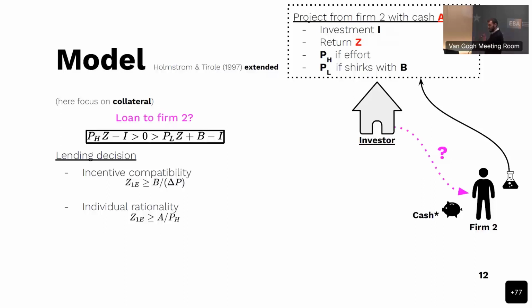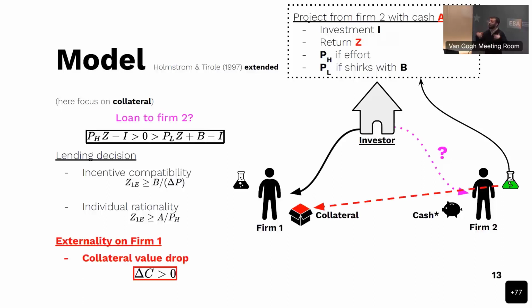If the firm is not able to bring in her own cash, then the investor will decide to ration and drop the project. So that's the standard setting, and the way in which we extend it, you can move on to the next slide, will be by recovering the setting I mentioned in the introduction. So now we have this firm 1, firm 2 comes in, requests the loan, but the investor realizes that if this firm 2 comes into the market, it will have an effect on its portfolio, right?